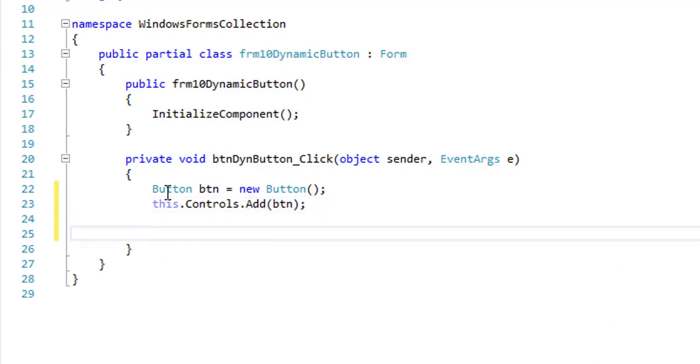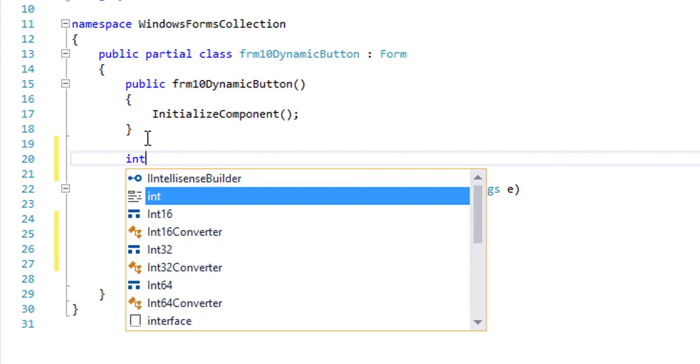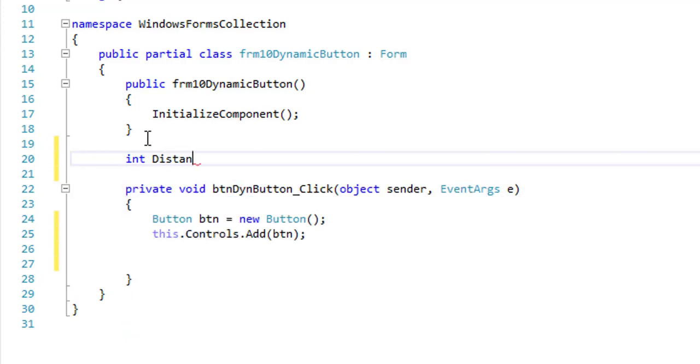For this I am taking an integer variable to measure the unit of the distance from top and left. int distanceUnit = 1.